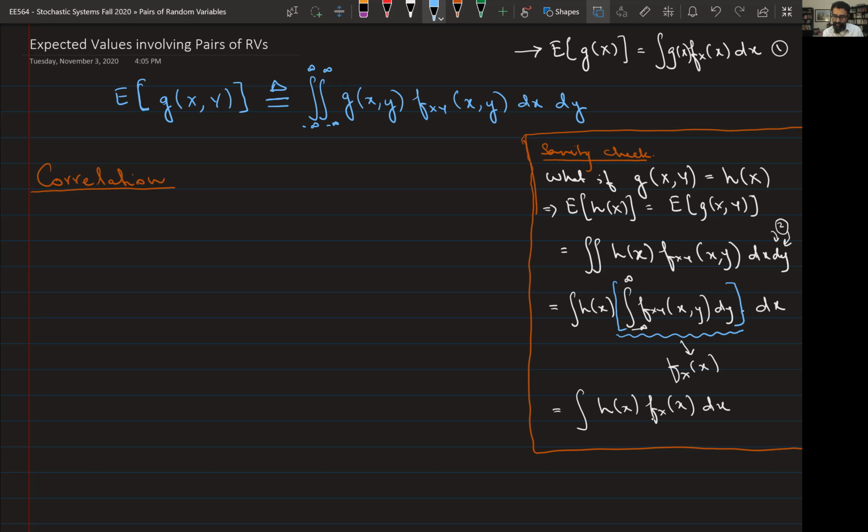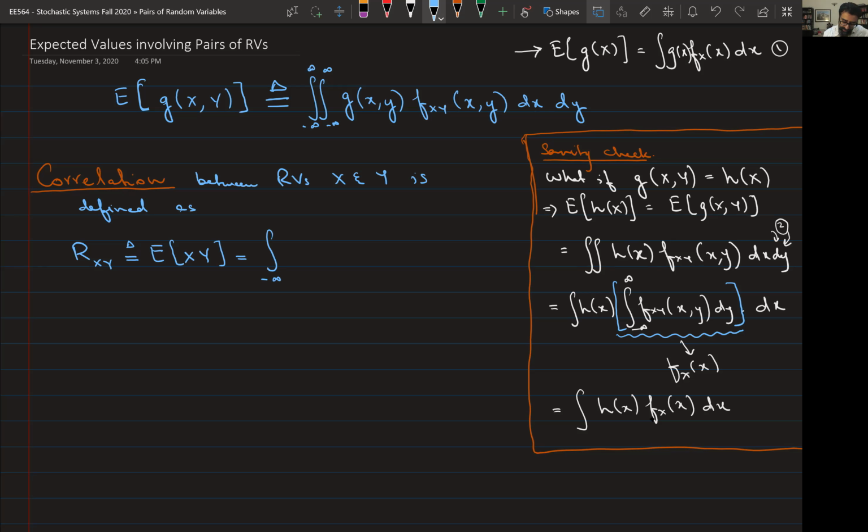Okay, so I'm going to give you the definition of what correlation is. Correlation between two random variables, x and y, is defined as, so I am going to use this notation R to represent correlation, right? Rxy is defined as the expected value of the product of x and y, right? So that's the definition of what correlation represents. Okay, and this is equal to